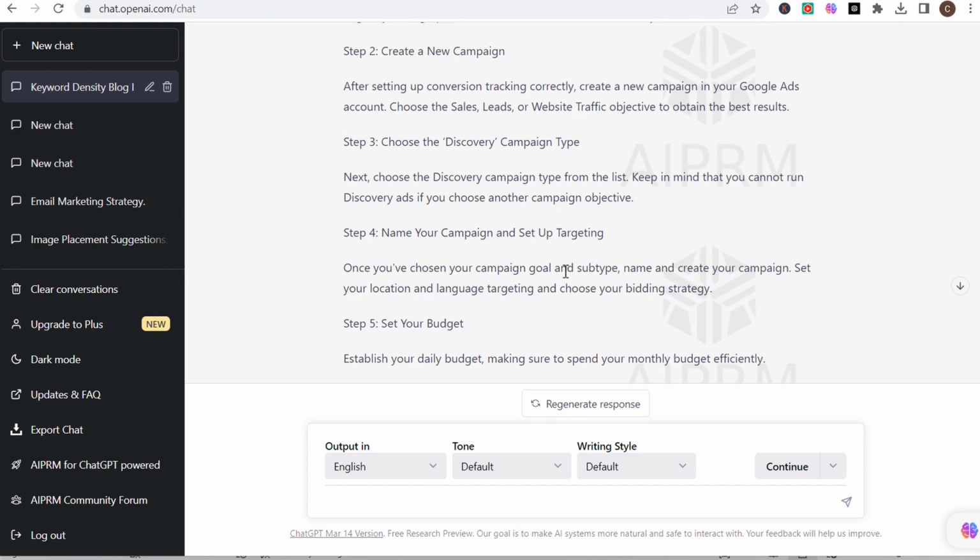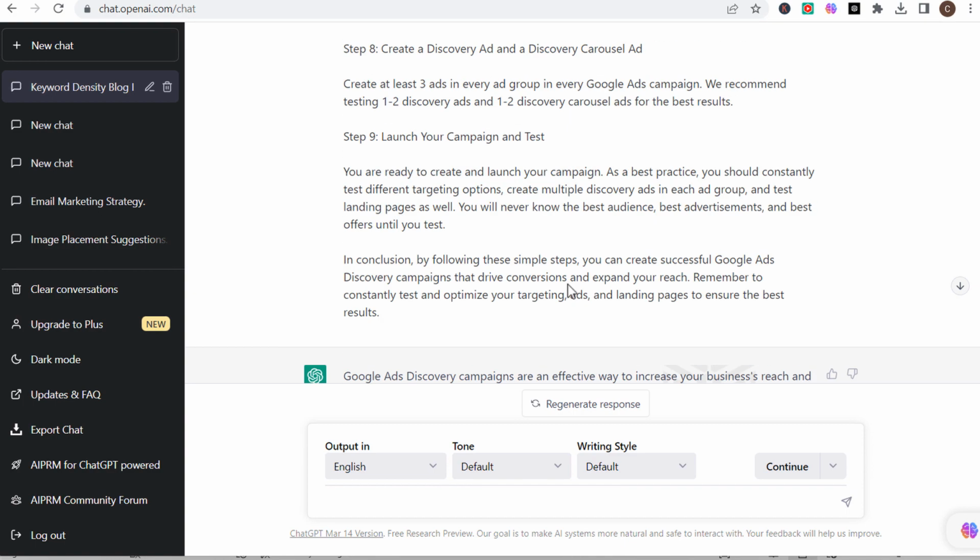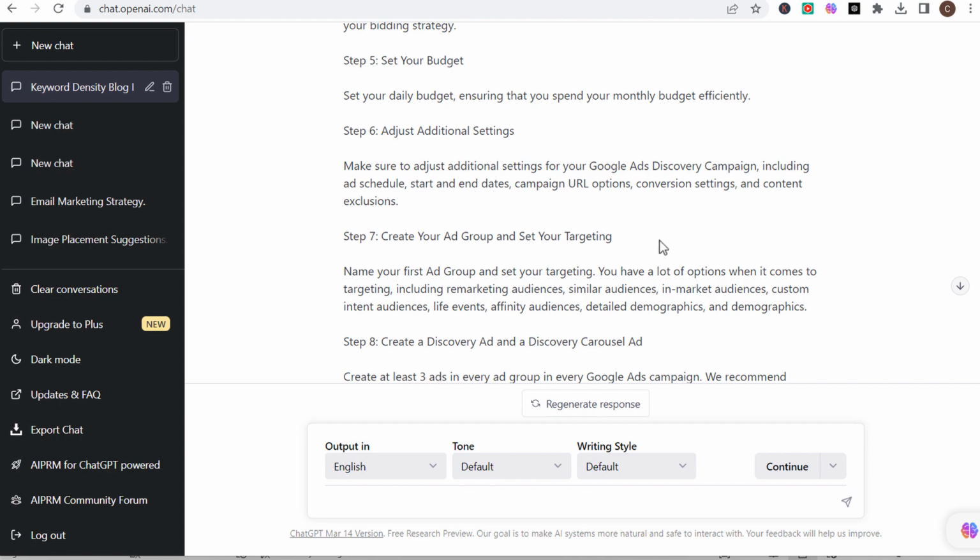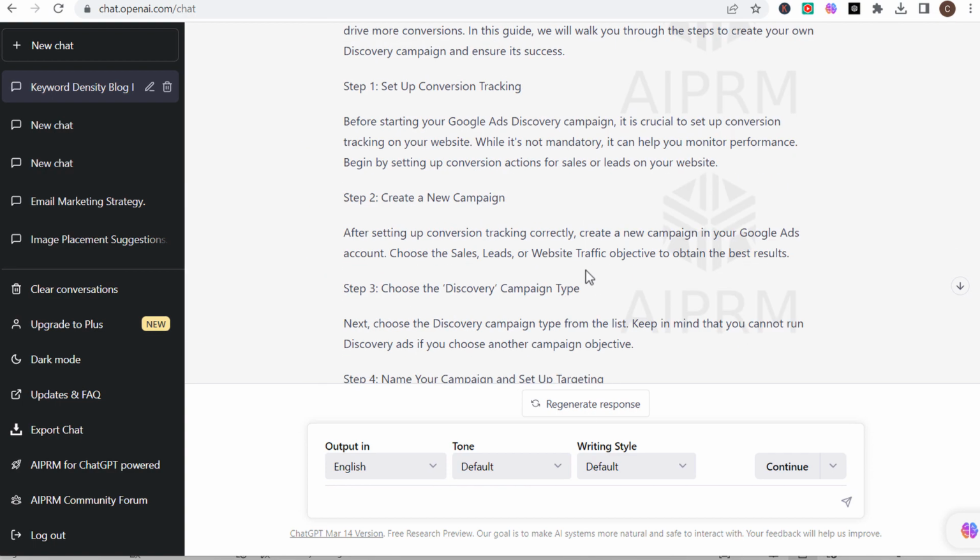I haven't gone through and read the exact changes that it's made, but you can see with having the rewritten content, having the edited content, it ends up giving you really well-written content that you really can't tell the difference between whether or not a human wrote this or an AI bot wrote this. So look, even if you're putting setup conversion tracking, before starting your Google Ads discovery campaign, it is crucial to set up conversion tracking on your website. While it's not mandatory and help monitor performance, begin by setting up conversion actions for sales or leads on your